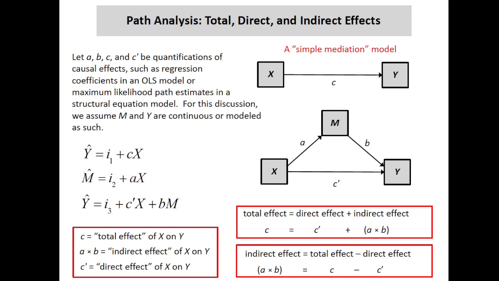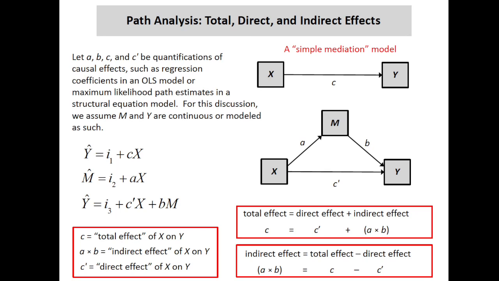That'll give us two regression coefficients, one for X and one for M, which I've labeled B and C prime. So B estimates the amount by which two cases that differ by one unit on M but that are equal on X are estimated to differ on Y. C prime has the reverse interpretation, reversing the roles of X and M: how much two cases that differ by one unit on X that are equal on M are estimated to differ on Y.